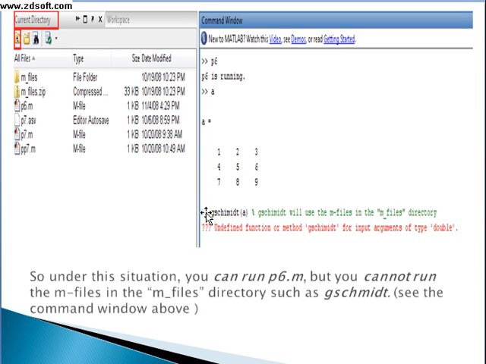So under this condition you can run p6.m, but you cannot run the M files in another directory such as this one. In the command window you can see, at the last second line, the gschmidt file. Here you will get an error because you have not saved it correctly.